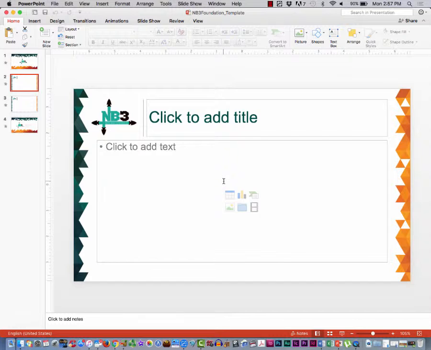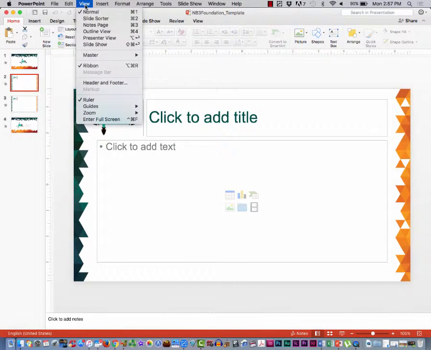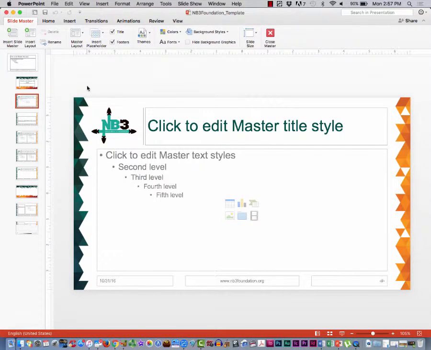Another way to adjust templates is, if you are in your PowerPoint now, you can go to View, and the options that exist are Normal, Slide Sorter, Page Notes, Outline View, Presenter View, Slideshow, and then Master. So in the Master, you can actually see your slides. If you click on Master and go to Slide Master, you'll see, if you look up here, that I've